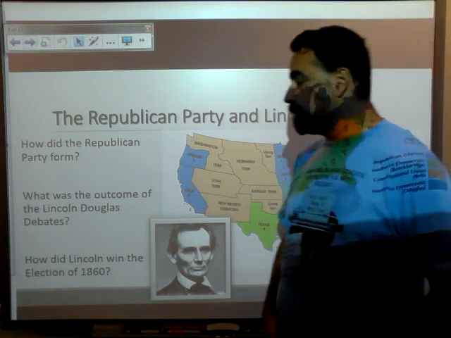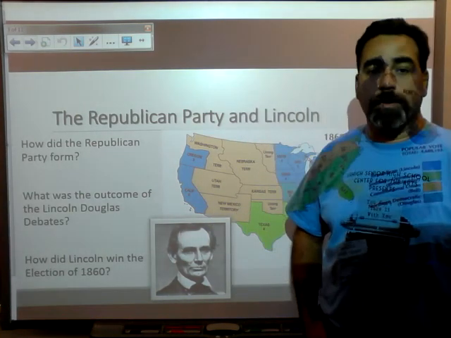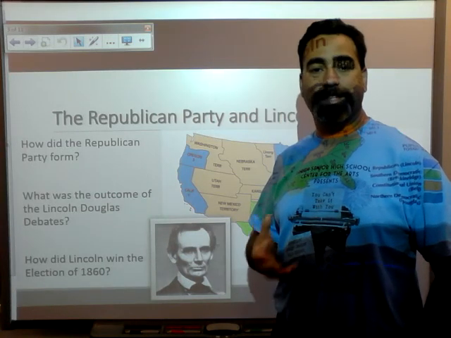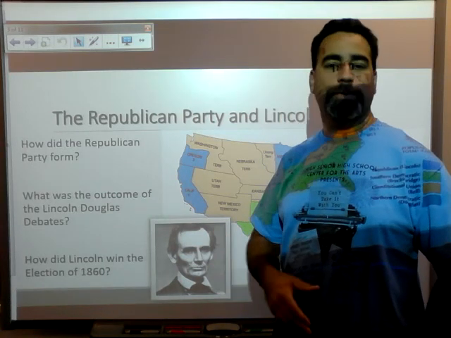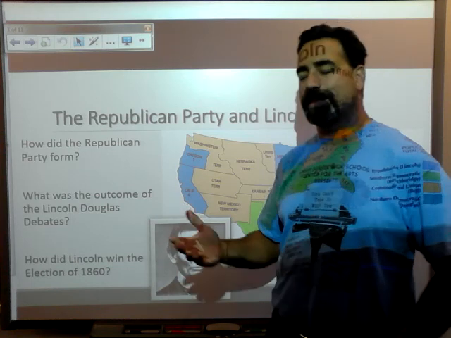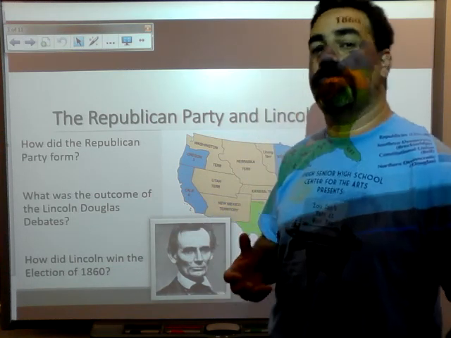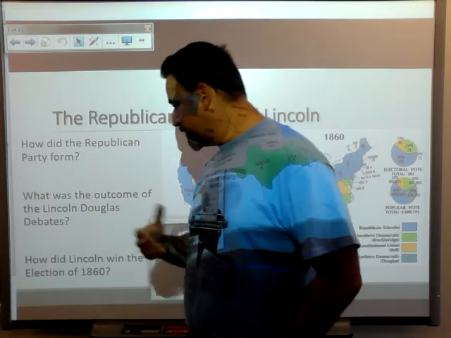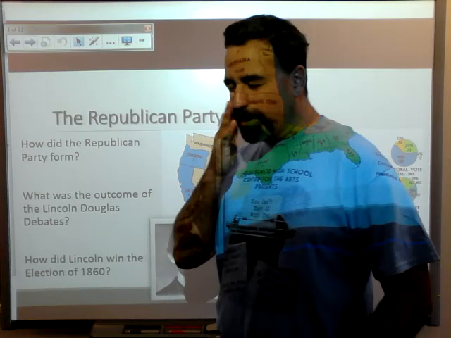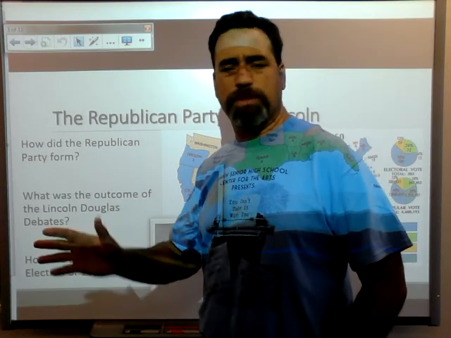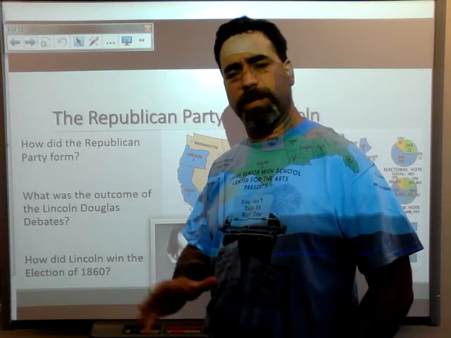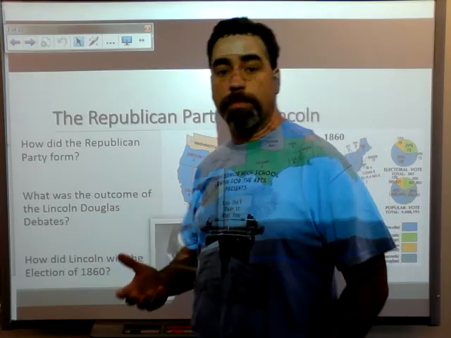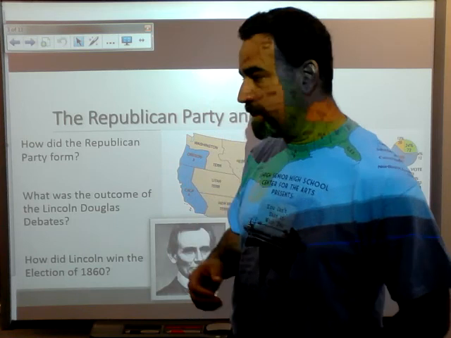Now, the Republican Party is going to form largely from the backbone of the disaffected Whigs who abandoned their party after the Kansas-Nebraska Act fiasco in 1854. The Whigs are going to abandon, and they're going to try to start a few other little parties that never really caught on, but eventually are going to settle upon a new party called the Republican Party. And they're going to join in.